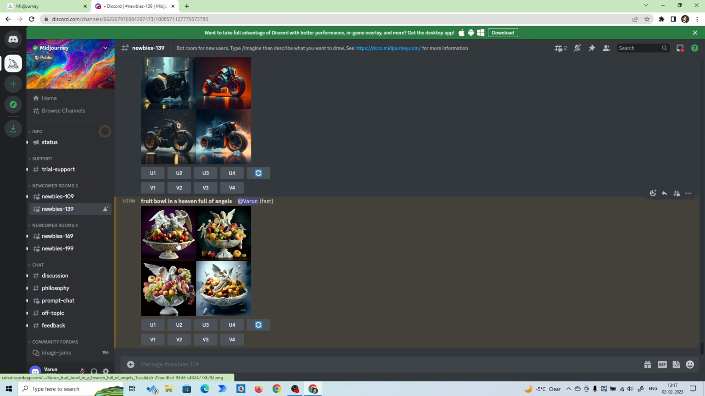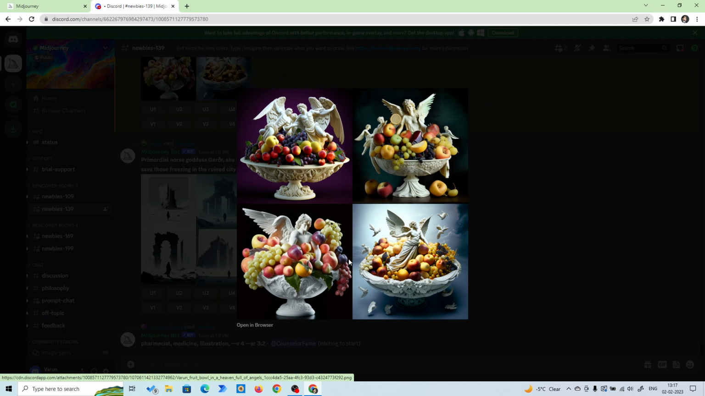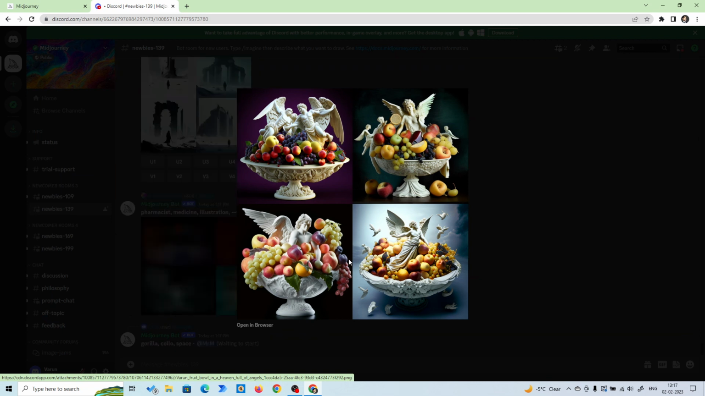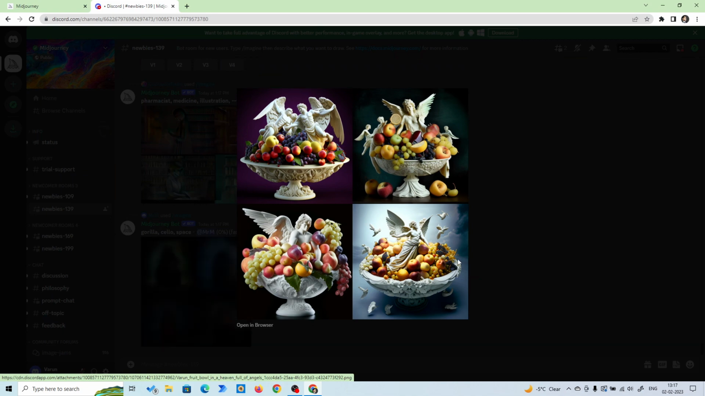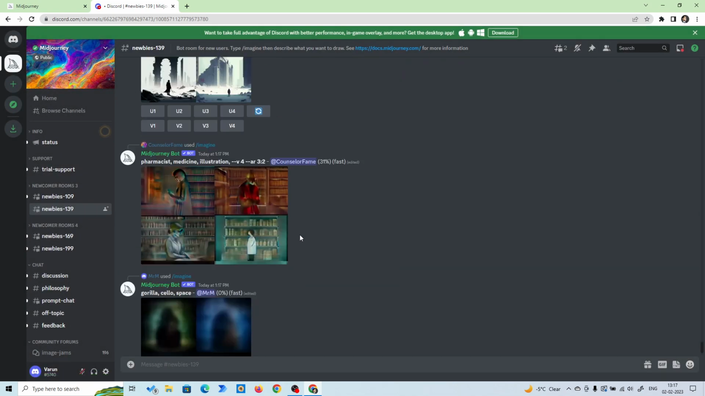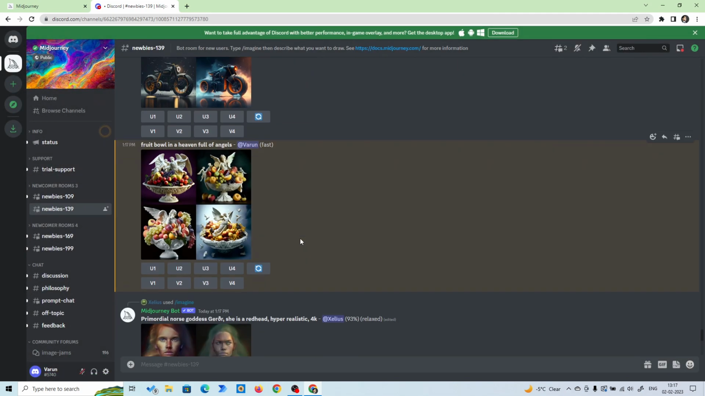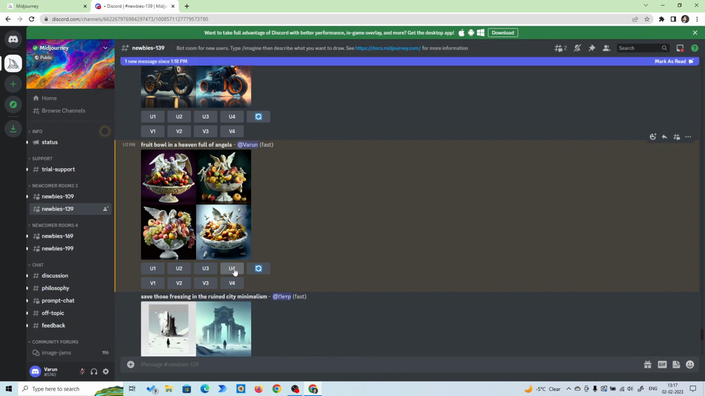Okay. This is our image. This is the image that Midjourney generated for us. I kind of like this version. So again, I have to find it. V stands for version, U stands for upscale. So if you like the fourth version, you can click on V4